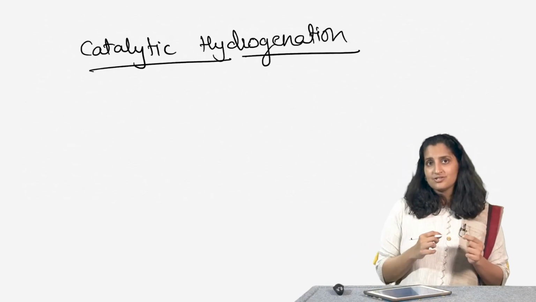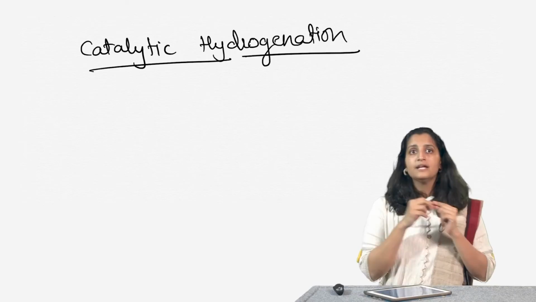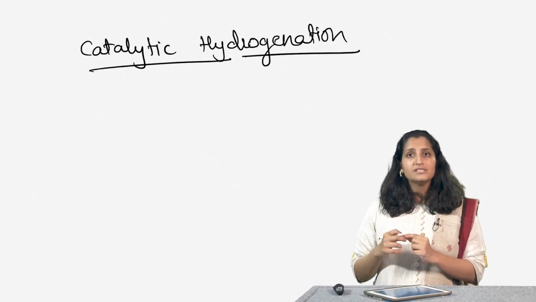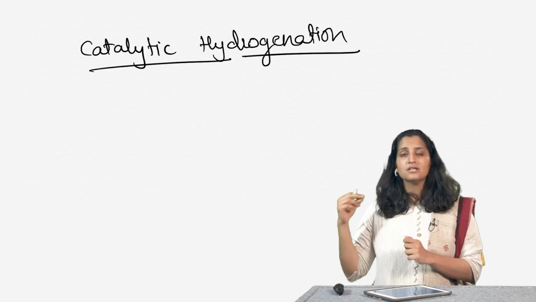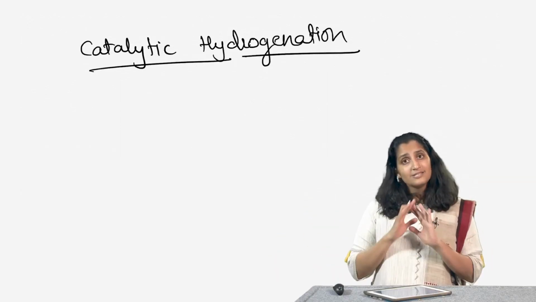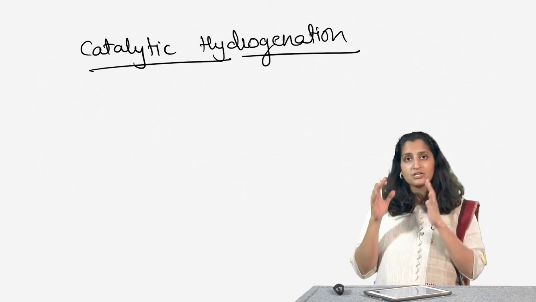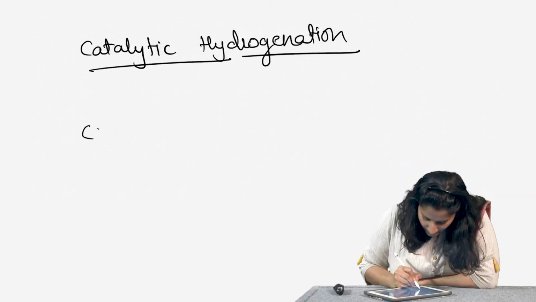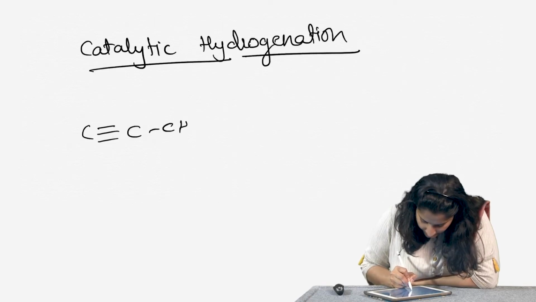The first stage where we go from an alkyne to an alkene after the addition of 1 mole is quickly followed by the second stage where the alkene reacts with 1 more mole to form an alkane. It is not possible to stop the reaction after the alkene stage. So, if I want to really write down this reaction,